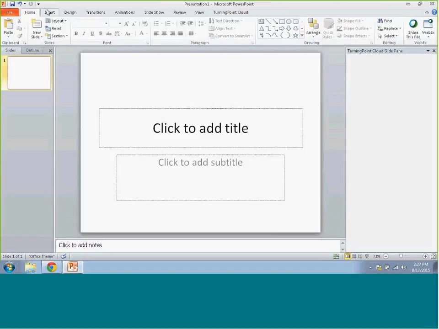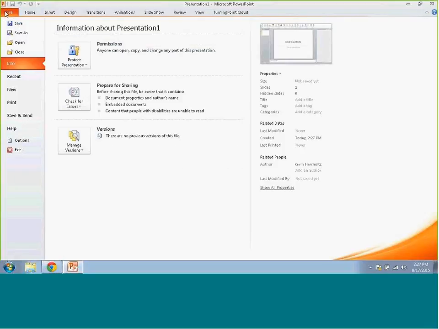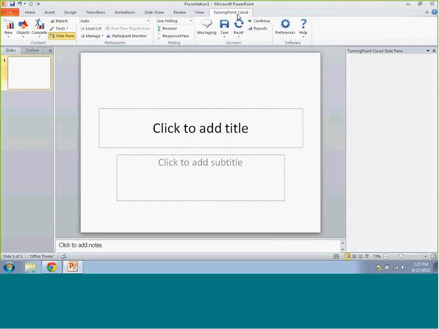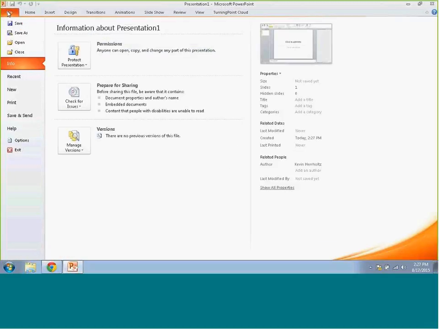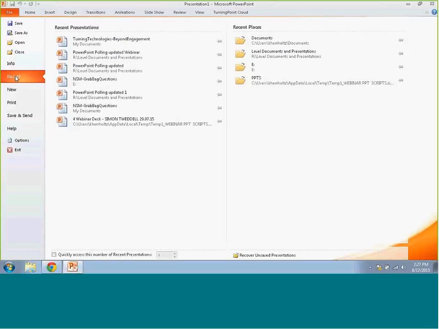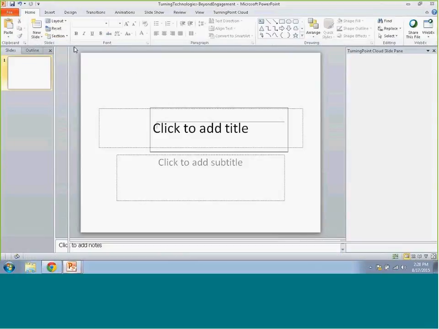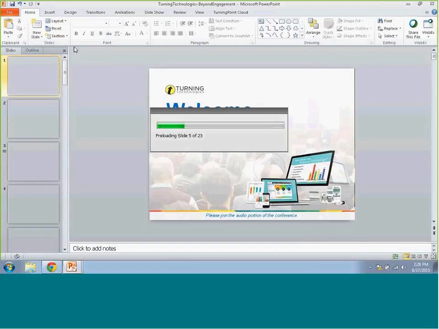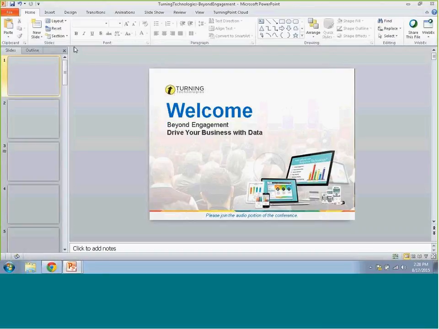Now, PowerPoint's still there for you. So Renee's using this. She still has all of her standard PowerPoint features that she always has. She just has an additional toolbar. Now, in my case, if I want to bring up the presentation that I started with this afternoon, I can go ahead and bring it in. A colleague of mine made this presentation outside of Turning Point.